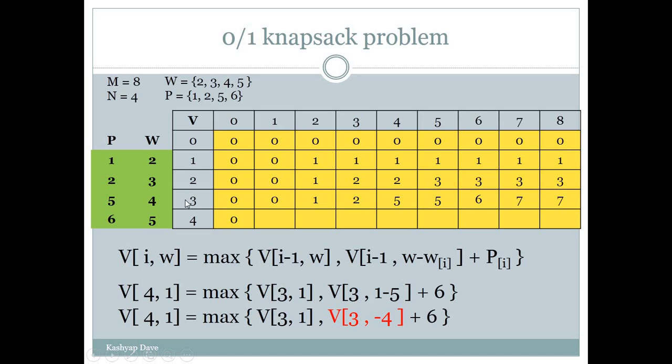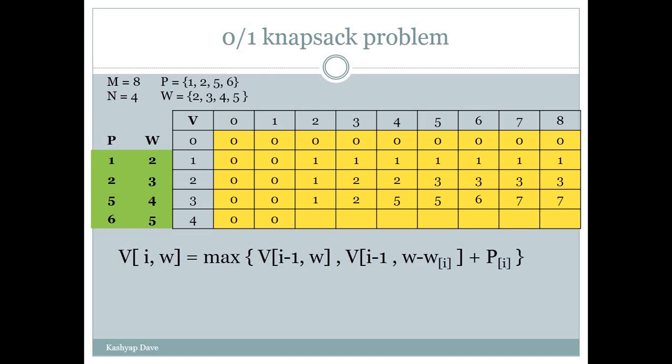So at row 3 and column 1 we will have value 0. So at place 4 1, we will put the value of 3 1, which is 0. So our value at this place is 0. Okay, so now we will have to find the value for this place. So for that place, our